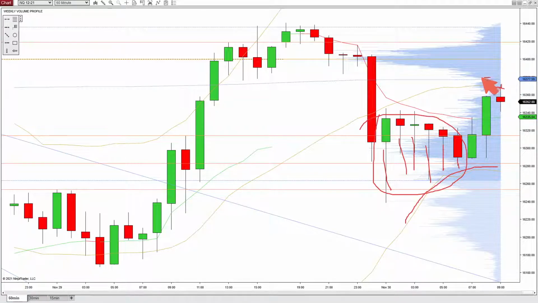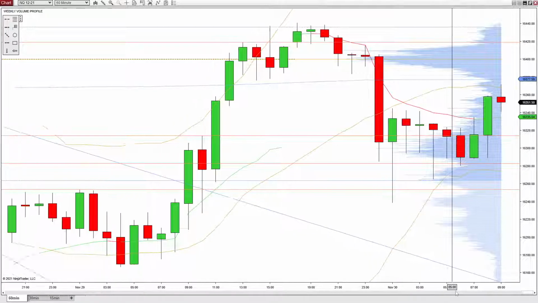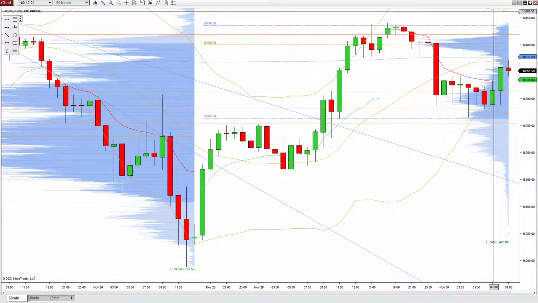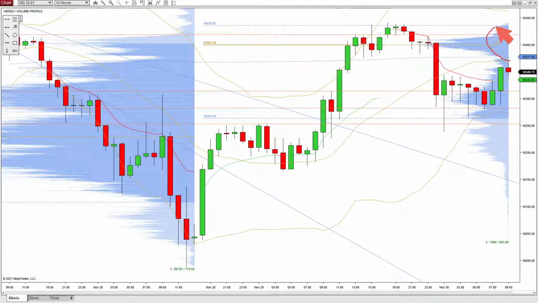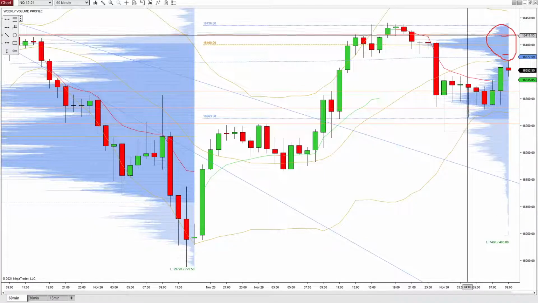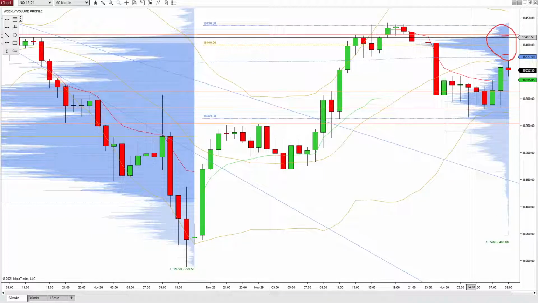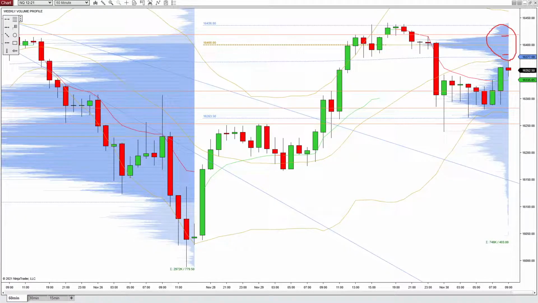I need it to close above that, move back into this volume area, and then we're probably going to start coming up to test the other side of the band on it, which is up here at 16,060. This will probably pinch in, and I think you've got a trade here. That would probably be what I'd be looking at, up at like 80. Take it up to what this is right here, 14. So there's probably 30 points right there.